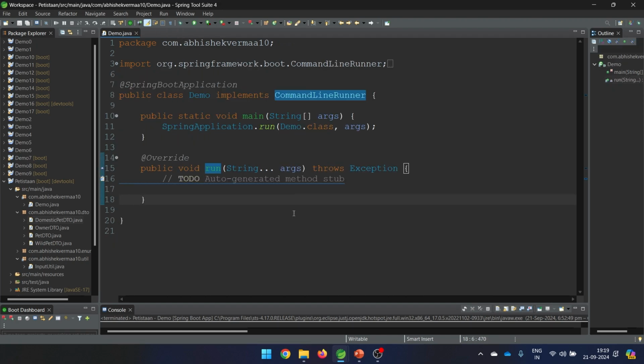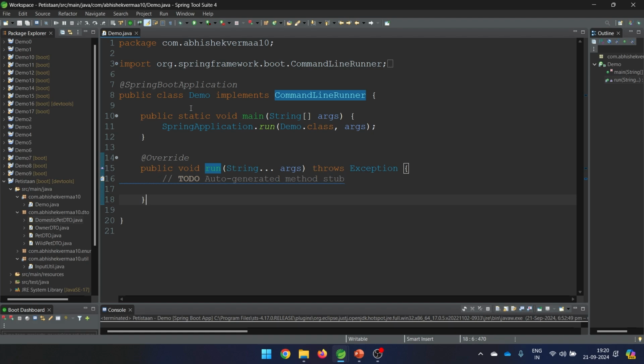Now the next part is we are again back to our demo class. So from the demo class, what can we do now? The next part is that now we need to start taking the stuff from the user. So that means we need to fill up this particular run method also. But before the run method, from the run method, I will be calling the service class and repository class. So let me create those service and repository classes first, so that later I can know which class I